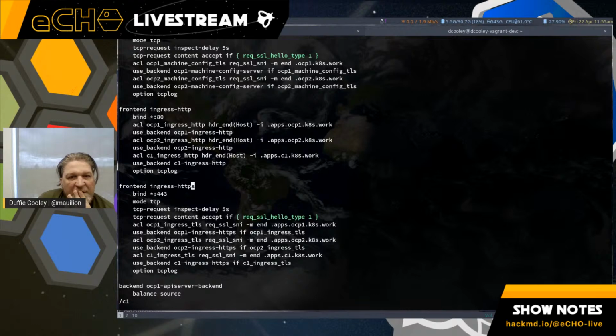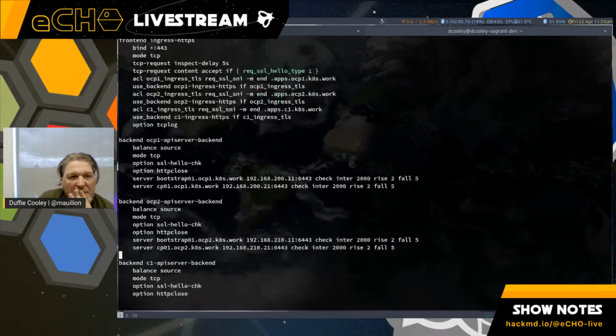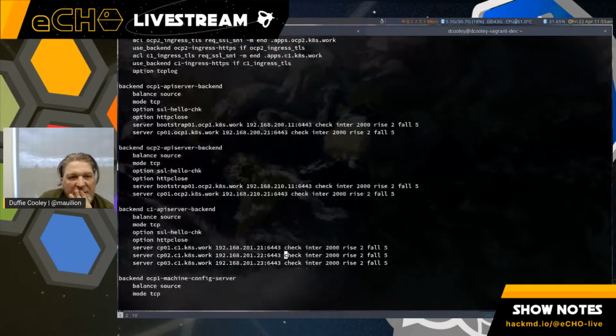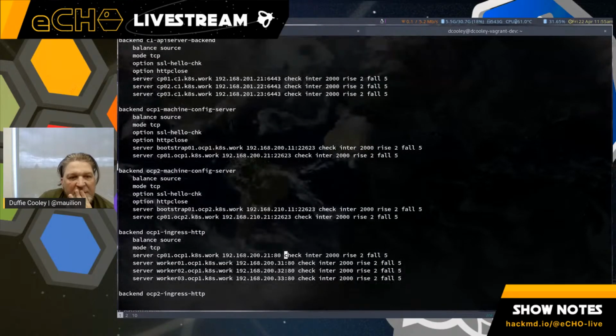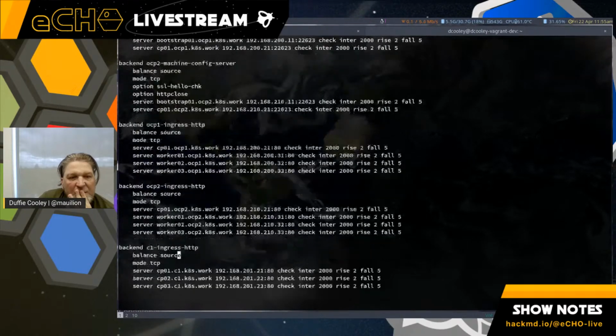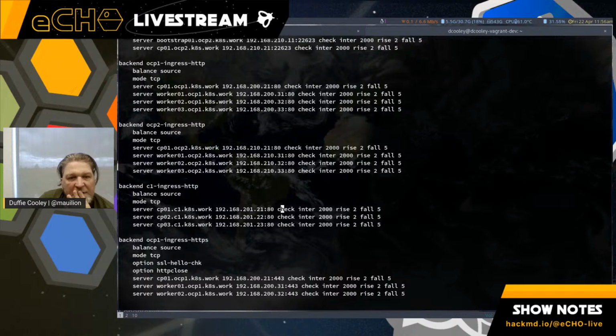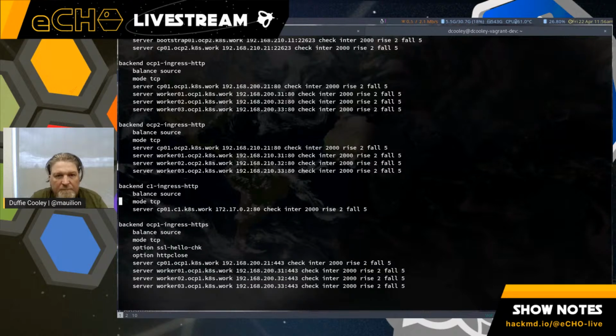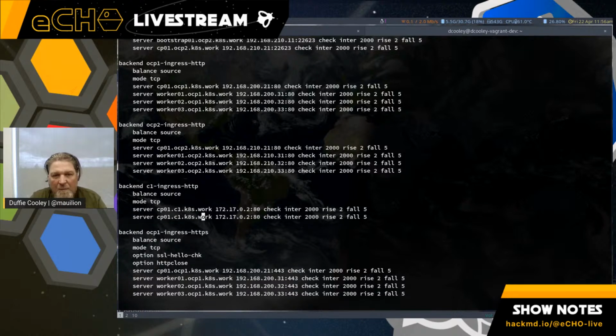That's the front end for it. And here are the back ends. So I want to forward C1 ingress HTTP. I want to change the IP addresses to 172.17.0.2. I'll also put in 03, and we'll just load balance across the two of them for that one record.